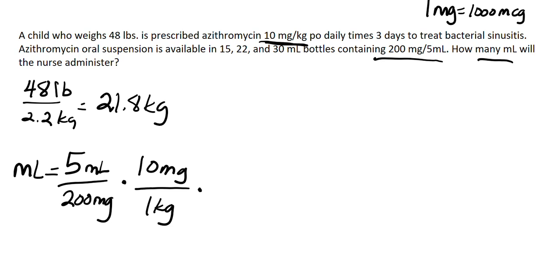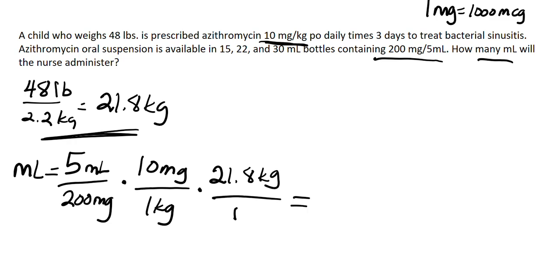Now we got to make it specific to this child, but we did our conversion up here. So we'll just plug in our kilograms, 21.8 kilogram. If you need to put a 1 there, put it there. And let's multiply. 5 times 10 is 50, times 21.8 is 1090. 200 times 1 is 200. Let's divide that out. 1090 divided by 200